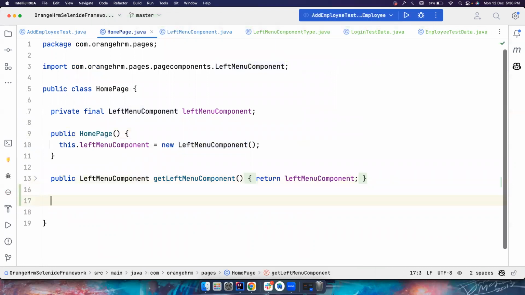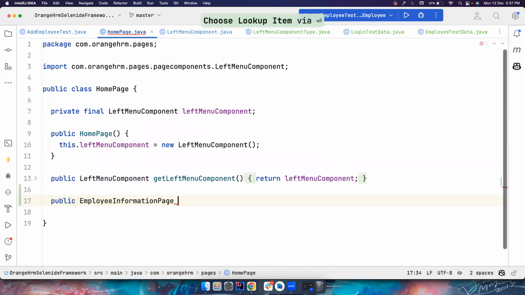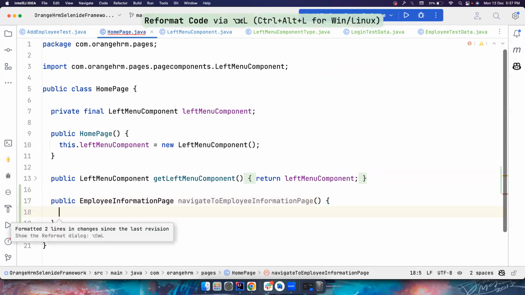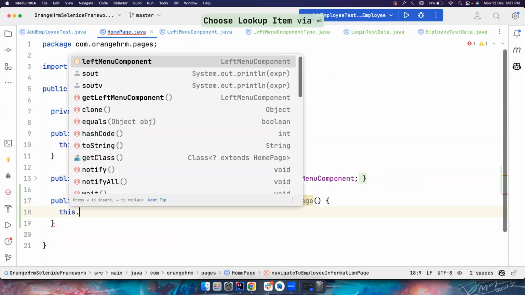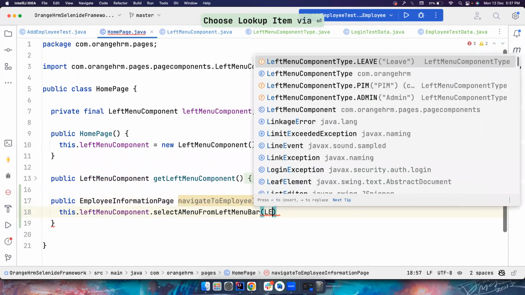Once you get the home page, you can create a wrapper method here that returns the employee information page. So you can simply say, navigate to employee information page. I'm just telling you what the different ways are that we can do it and why you should use each of them. And then here I can simply say this dot left menu component dot left menu component